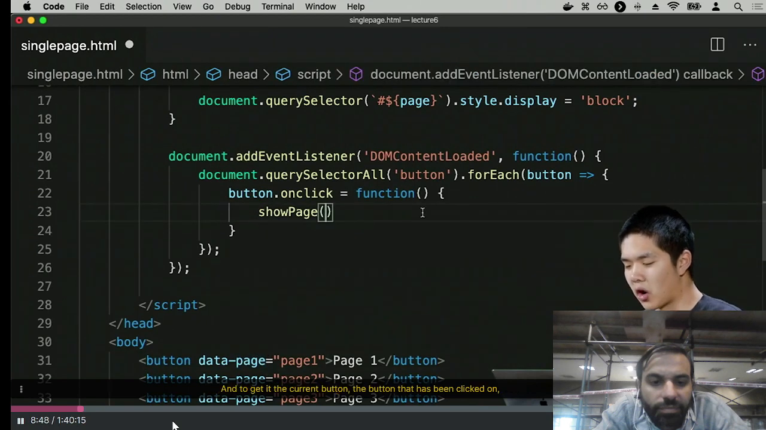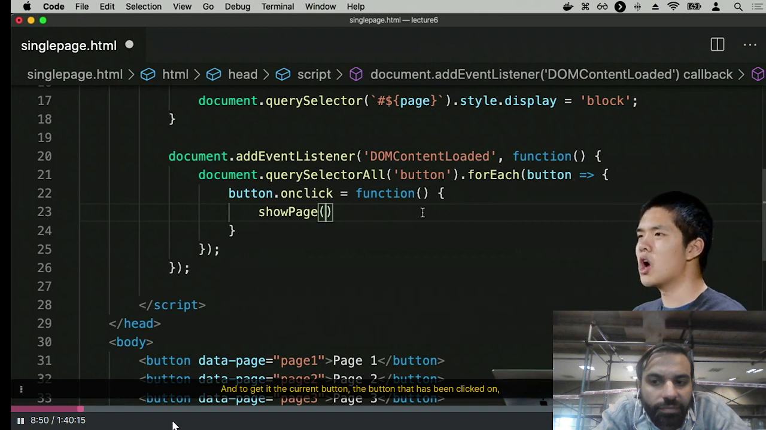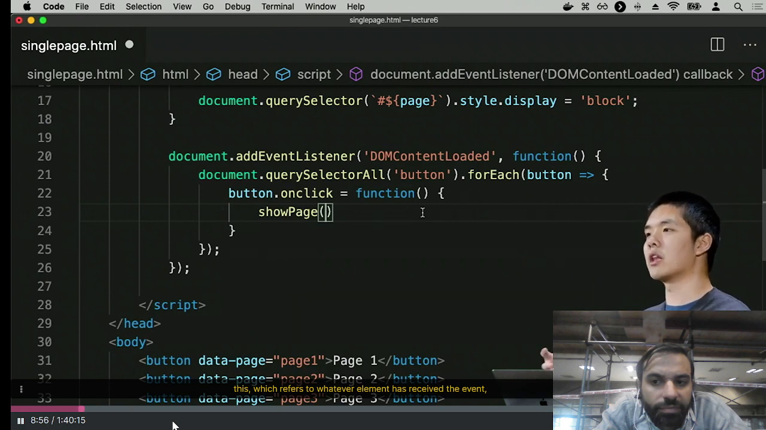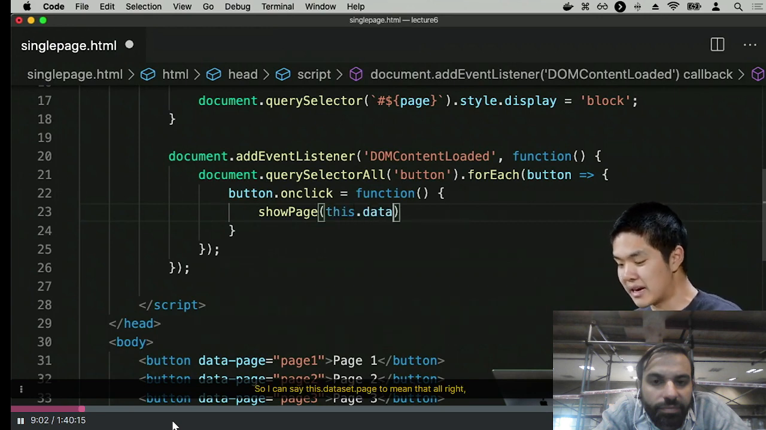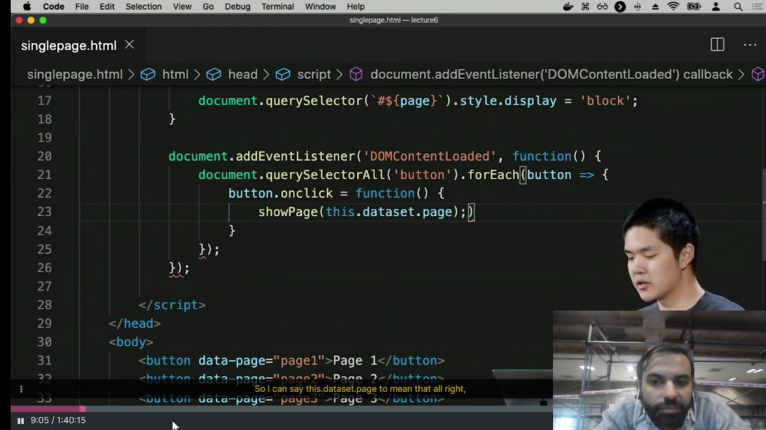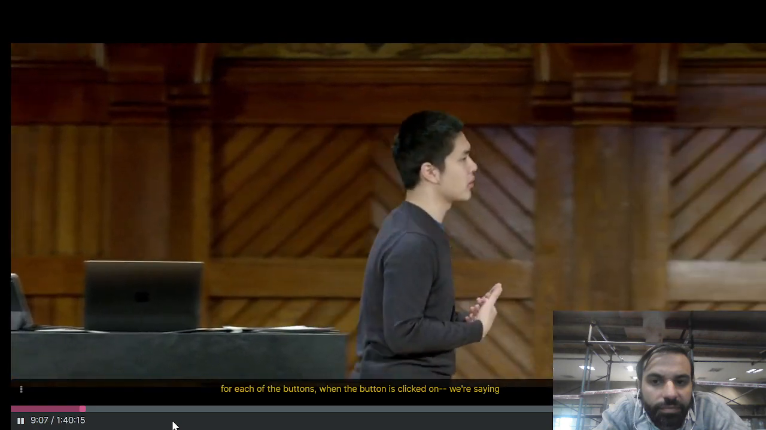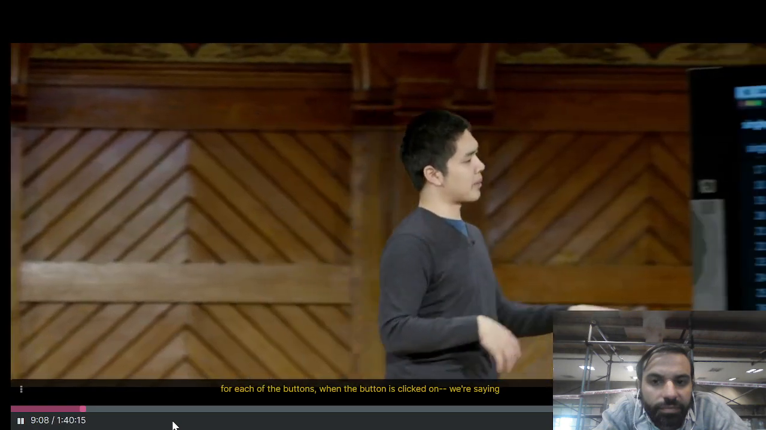And to get it, the current button, the button that has been clicked on, recall that when we're inside of an event handler, we can take advantage of the JavaScript keyword this, which refers to whatever element has received the event. So whatever button in this case was clicked on. So I can say this.dataset.page to mean that,